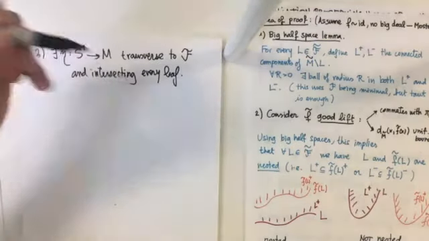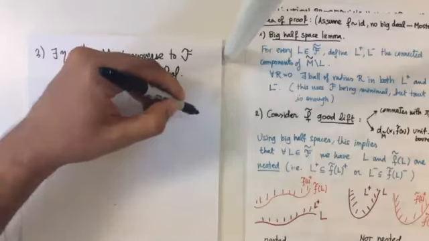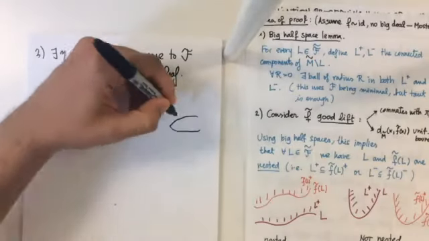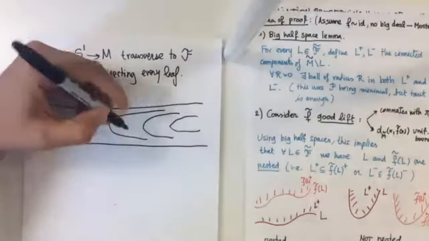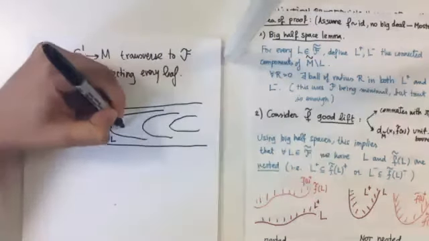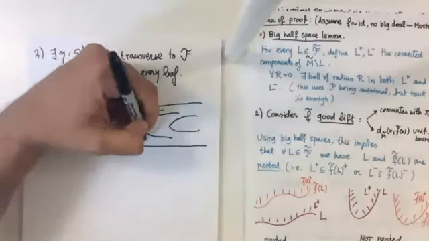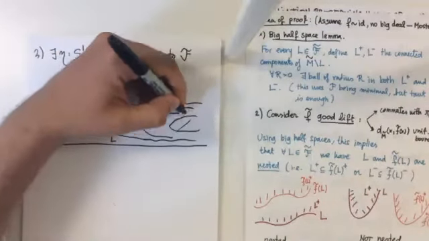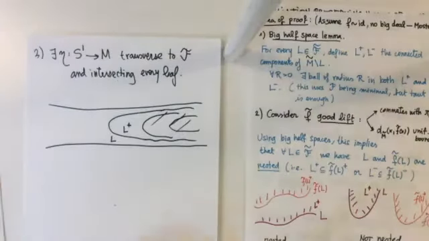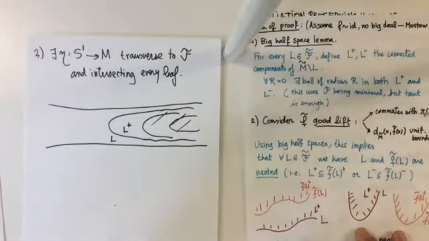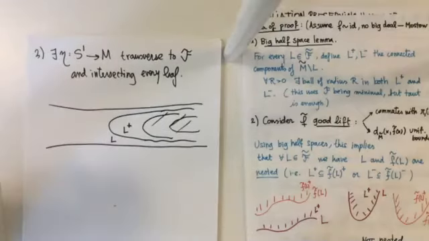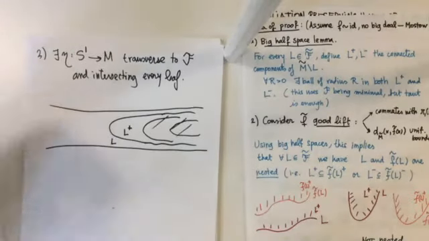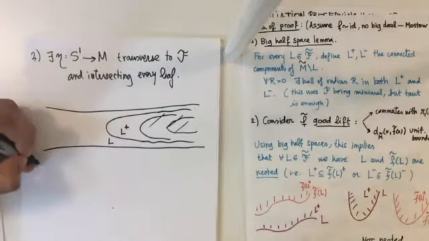So let me make a drawing of what could go wrong. If you have no experience with foliations, you could have some leaves like this. And here, a leaf like that, this would be L plus. And this region here would not have a very big ball inside, okay? But whenever you have a minimal foliation, this will be true. And so let me tell you very briefly, why is this true? So the idea of the proof.